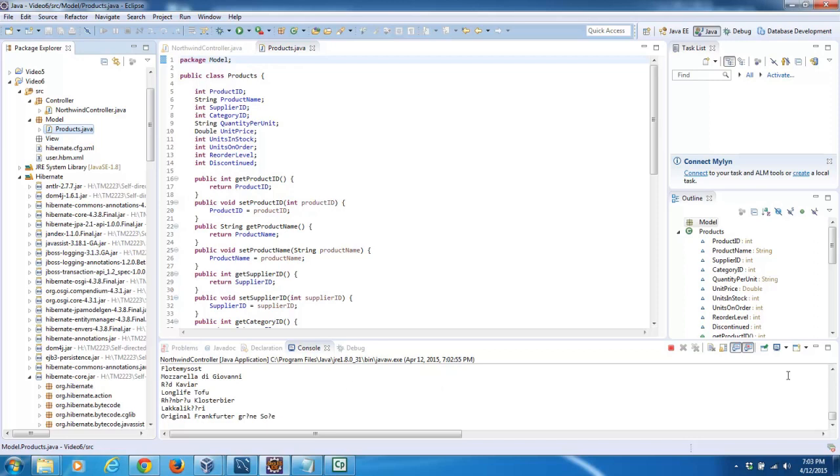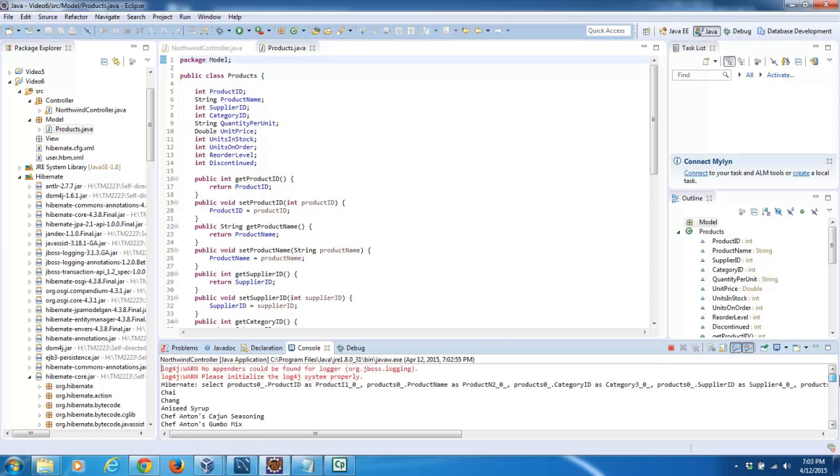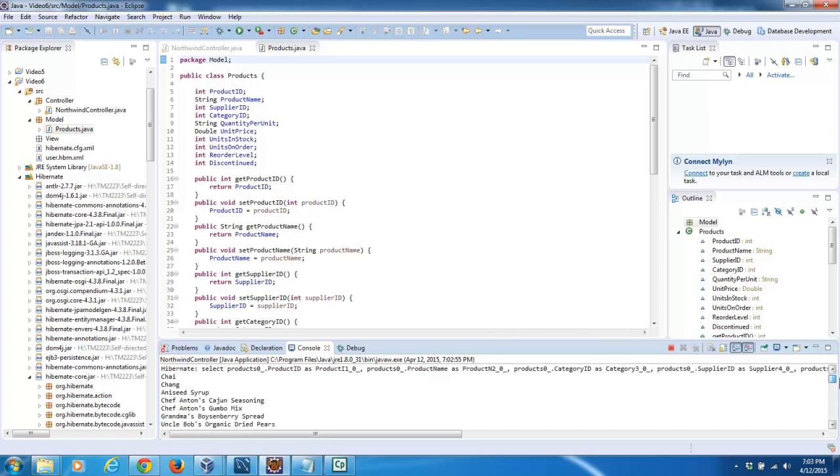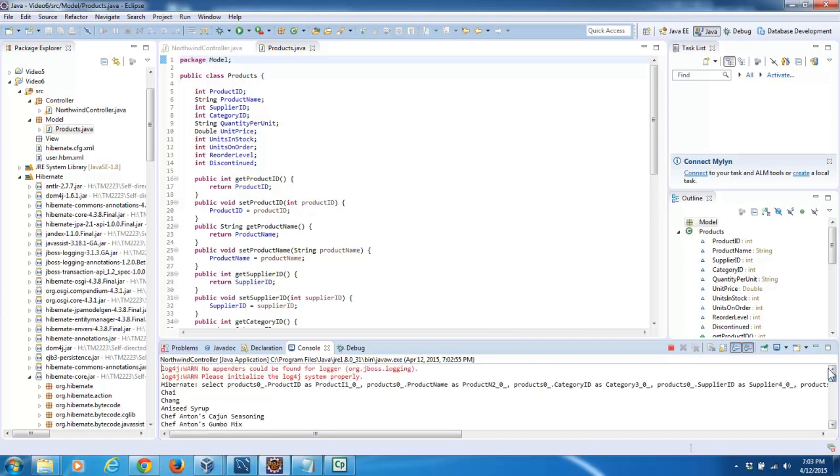There you go. So you will get the name of all products from the table products. Yeah, so that's a success run. Okay, so once you have this, we